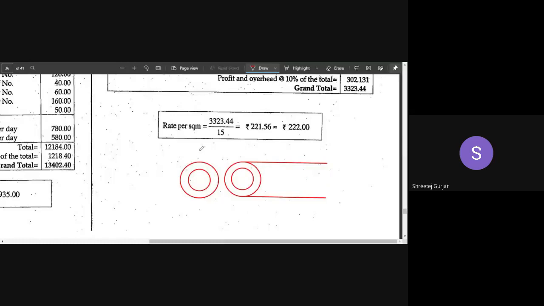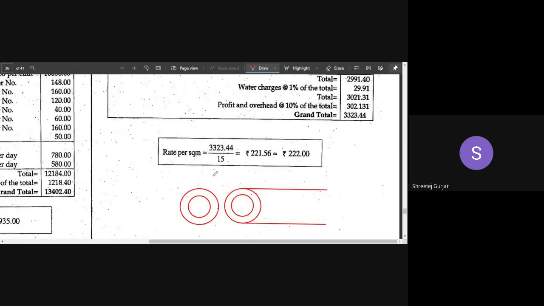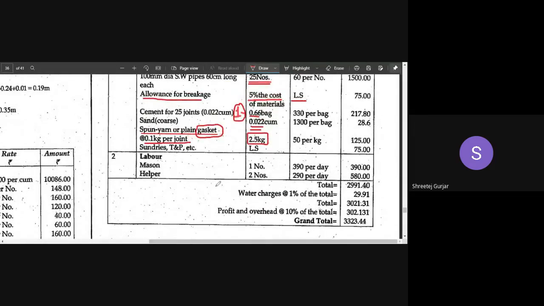It is like this particular steel plate, which you have in your nut and bolt. It is of the same diameter as your pipe, which you attach over here, and then you join two pipes so that it is watertight and not leaking. So this is your water gasket which you have to provide.